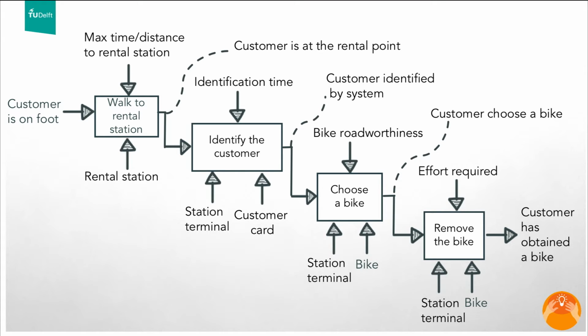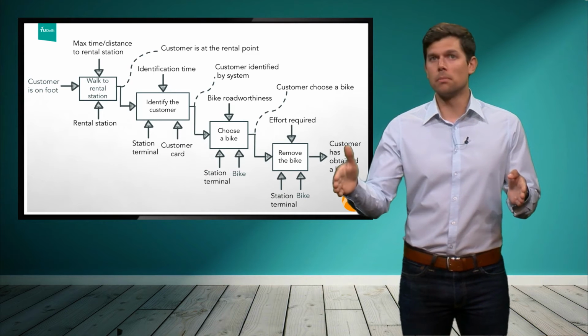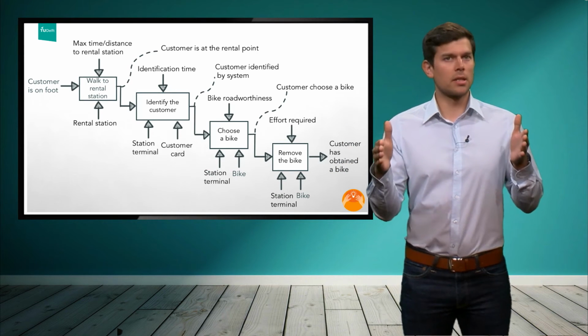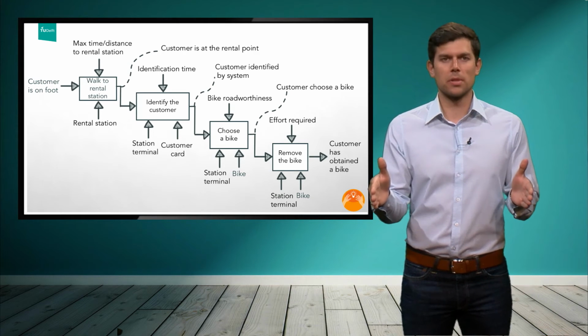Try to stick close to the state changes. Logically, they give you a very good indication of what the activity leading to it needs to look like. Take any example, like you are in place A and you want to get to place B. That's a state change. And the activity or functionality realizing this state change will be some sort of transportation.